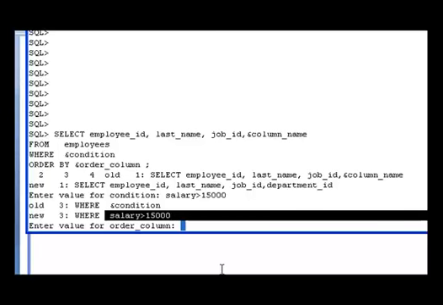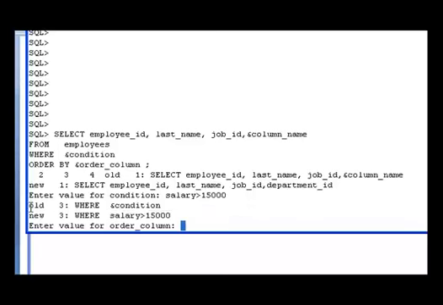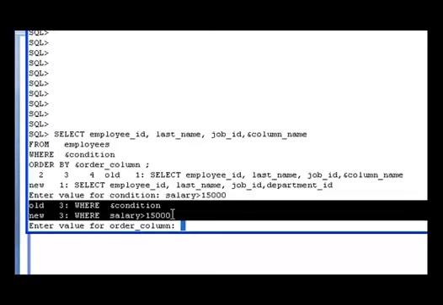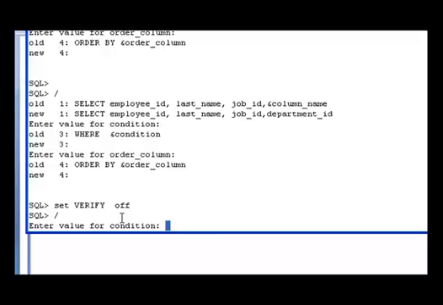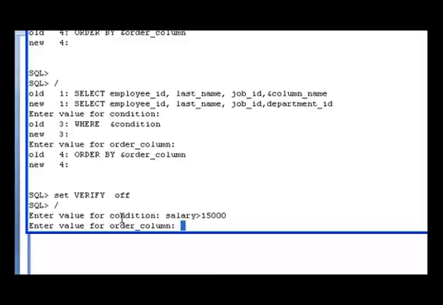Now if I set verify off, you're not going to see this default display. Let me show it to you. I'm going to set verify off, and now if I run my query, it's going to ask me to enter value for condition. I'm going to put salary greater than 15,000, and you're going to see that it won't display any more